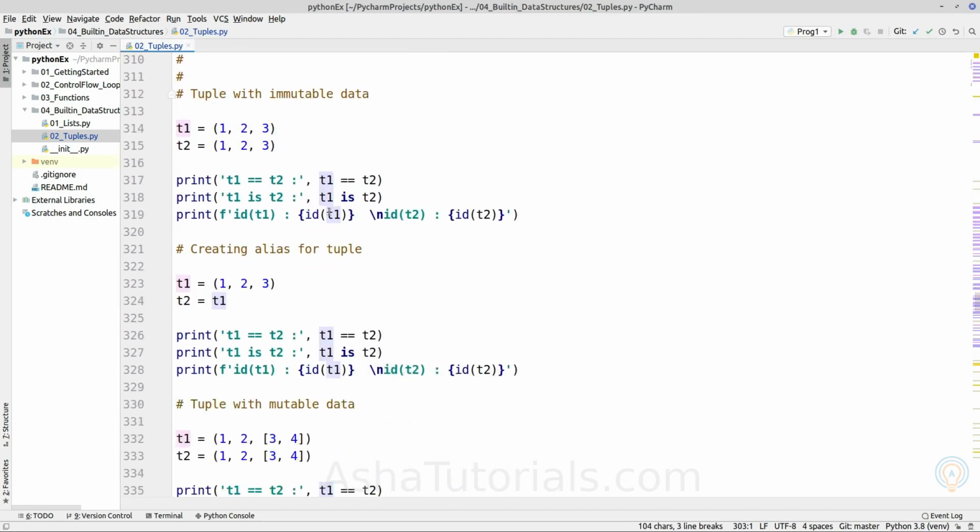Now we will see the difference between a tuple object having mutable data types and immutable data types. As we explained earlier, a tuple object with immutable data types is hashable, so it can be used as a key of a dictionary.